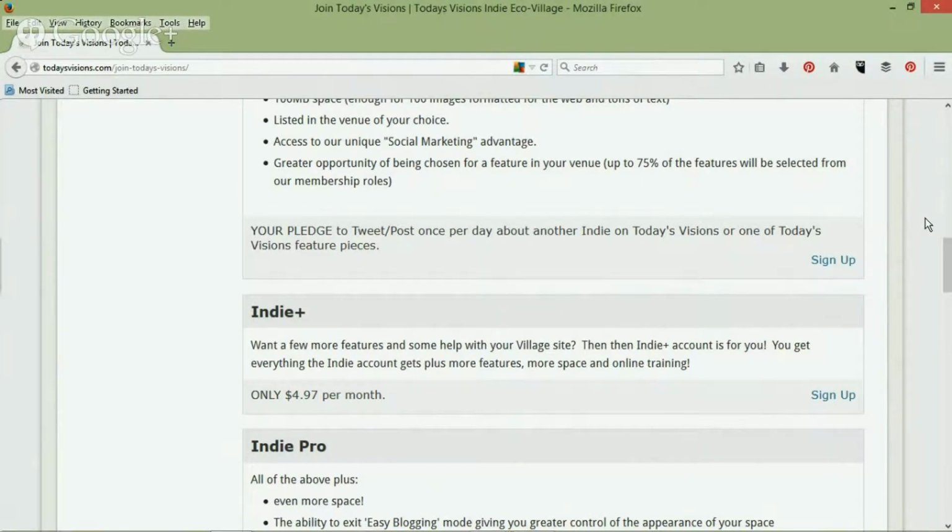If you want to scroll down that screen a little bit, down to Indie Gold, where I just signed up today, and I'm not getting paid to say this, at $15 a month, or more precisely $14.97 per month, it's unbelievable